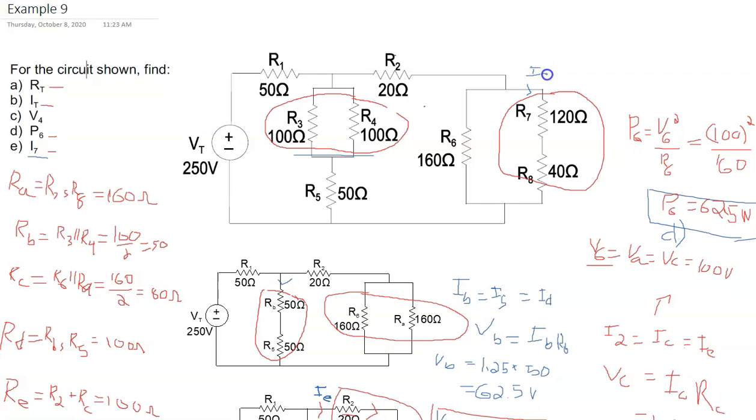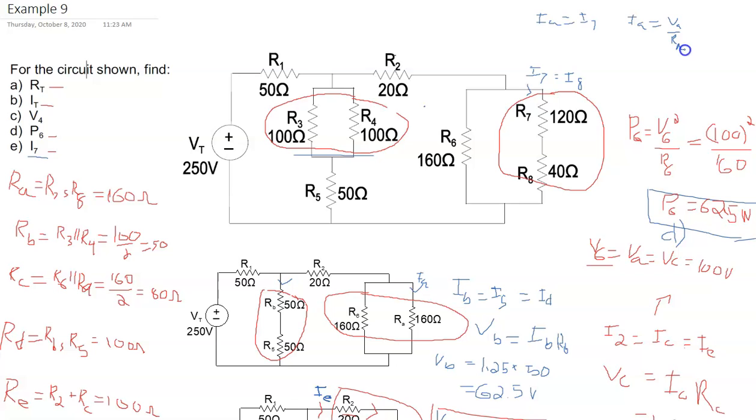Now the remaining piece that we want is I7, and remember that I7 is here, and so it's I7 and I8 in that branch right there. And because R7 and R8 went into RA, we can say that IA is equal to I7. Okay, so squeeze that up here now. IA is equal to I7. And from Ohm's law, we know that, of course, IA is equal to VA divided by